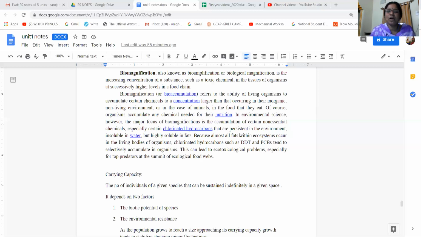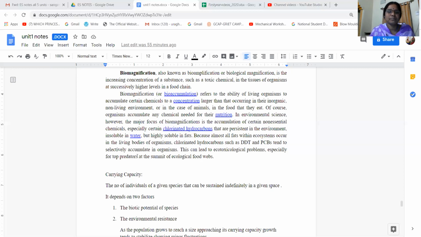Because almost all fats within an ecosystem occur in the living bodies of organisms, fluorinated hydrocarbons such as DDT and PCBs, which can be used as fertilizers for better crop production as well as to retain the fertility of